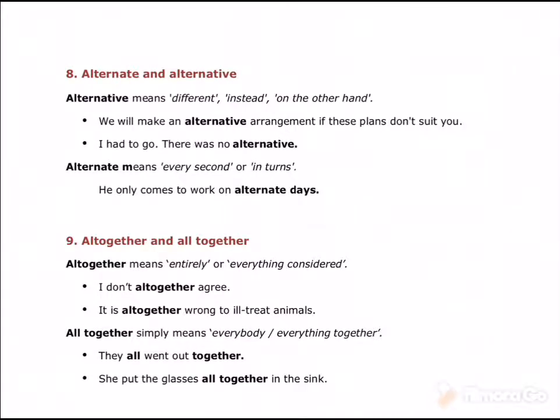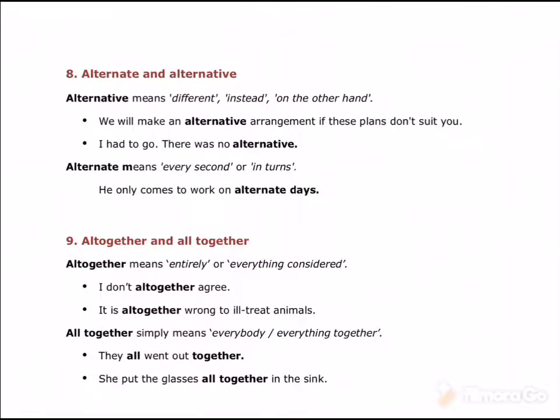On the other hand, we can say alternative. What's the alternative? Say if you are not able to attend this program, what's the alternative? We will make alternative arrangements if this plan doesn't suit you. Here's one more example. If you are not able to understand the common mistakes that we generally make while speaking or writing, if you are not able to go through this method, I may go for an alternative method. That means instead of this method, I would like to go for another one.